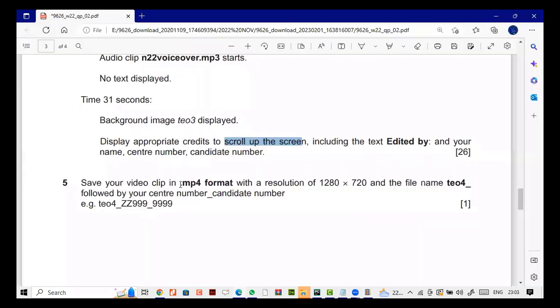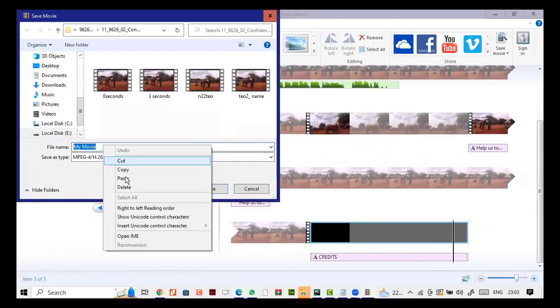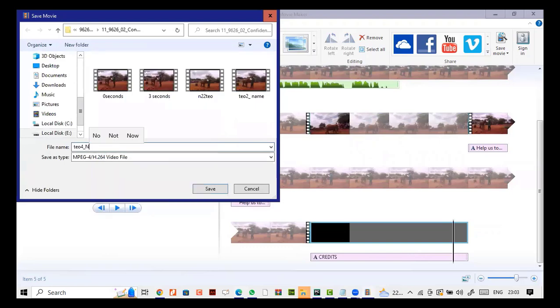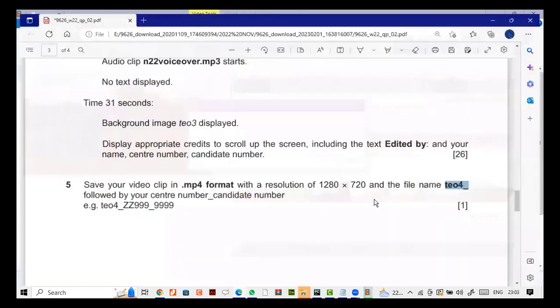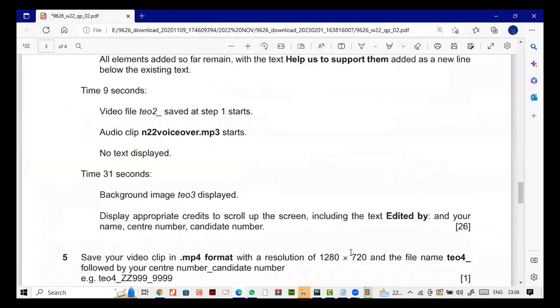Yes, sir. Give your image in the required format with the resolution of this, with the name of TEO underscore. So I'll just save it again. File recommended, with your name, your center number, and candidate number, right? And you save it. So you're done with this. And after that, you have that normalization that you already have done. So I'll just now